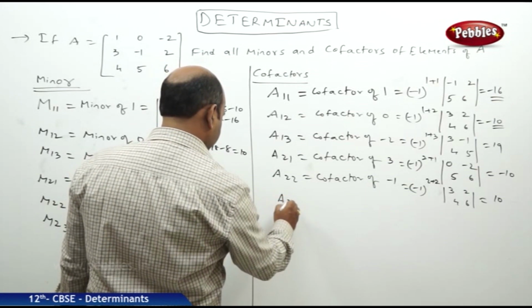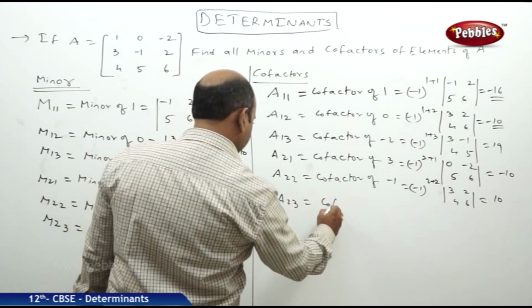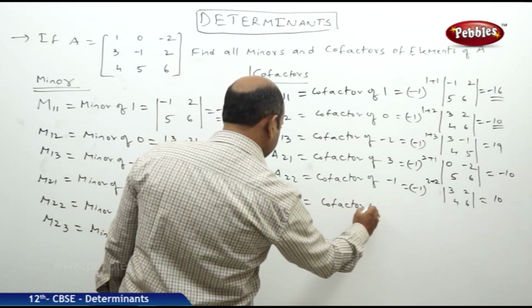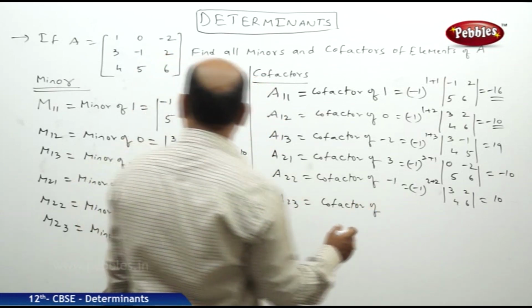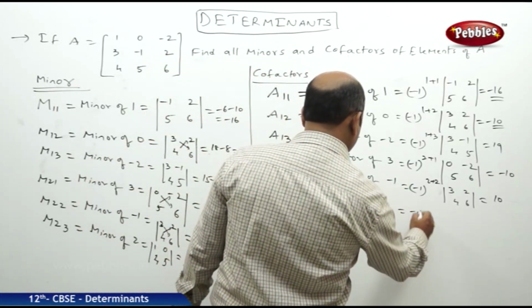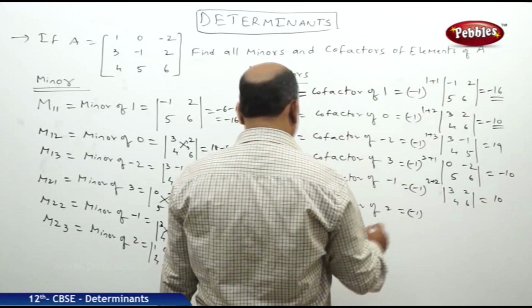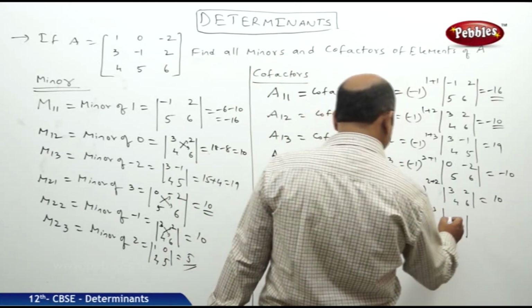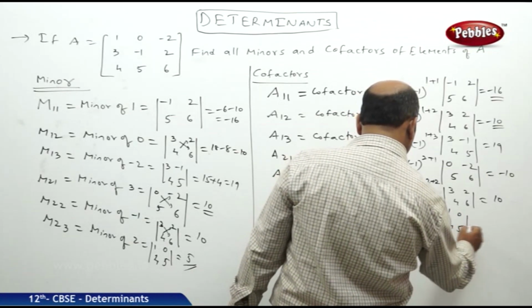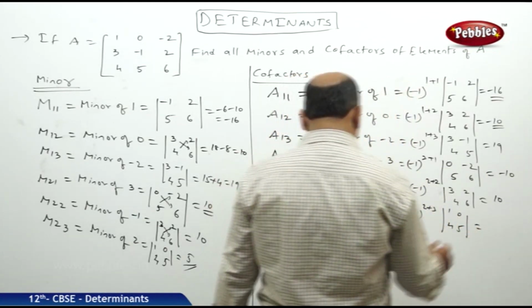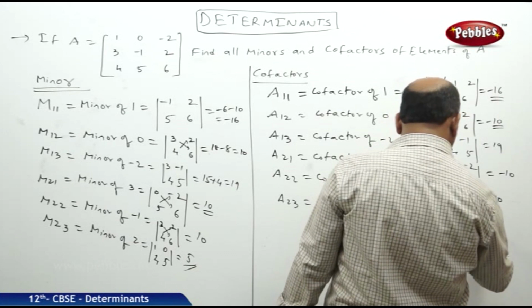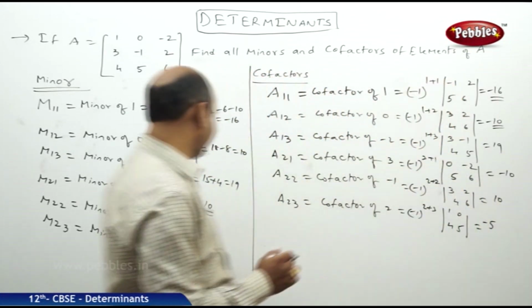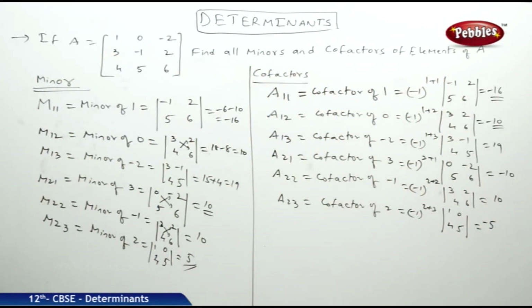So here also A23. So cofactor of 2, that is equal to minus 1 to the power 2 plus 3 into its determinant. What is the determinant? 1, 0, 4, 5. That will become 5. Minus 5, because minus 1 to the power 2 plus 3. And similarly minor of 4